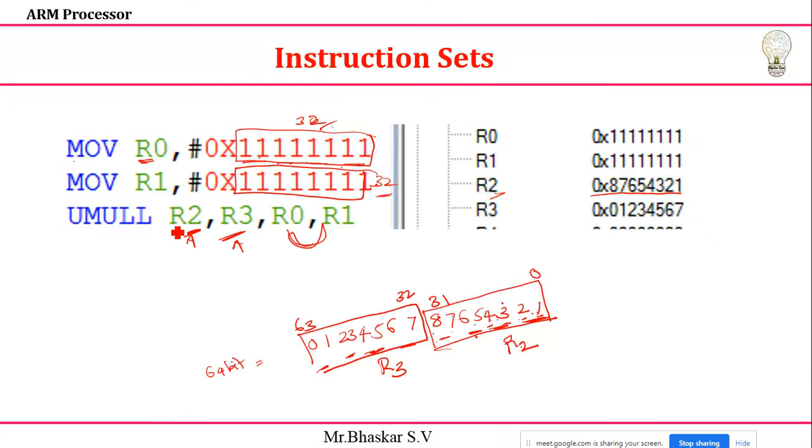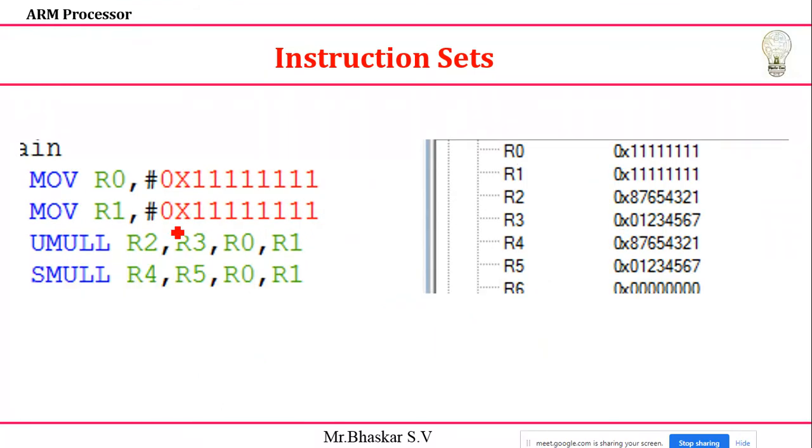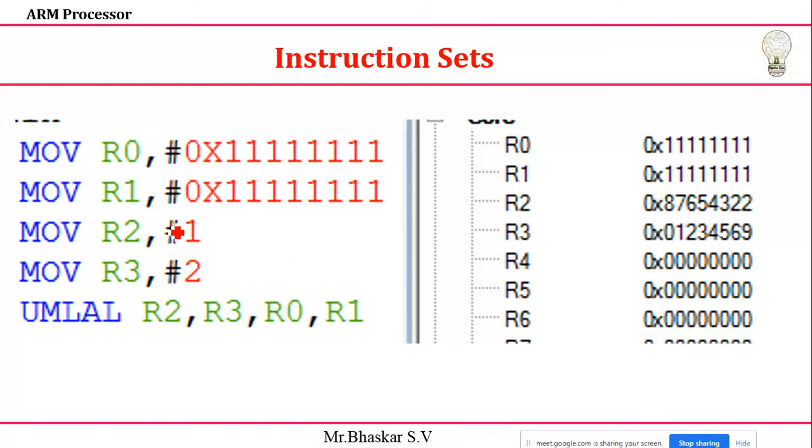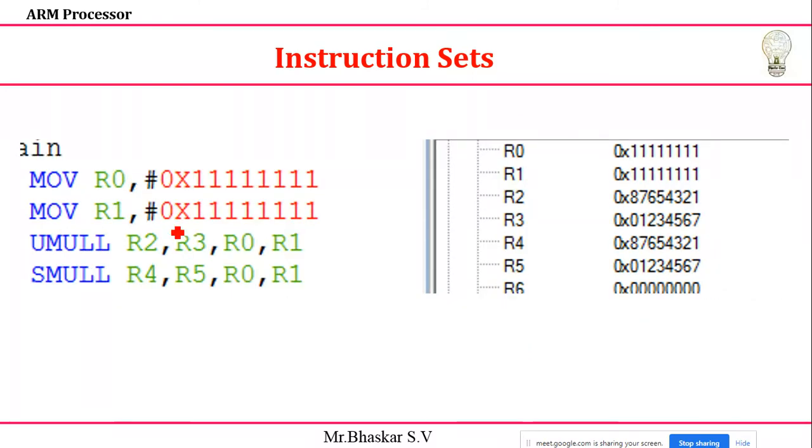Just check out one example, you can easily understand. You can see I'll take two numbers, the same numbers as the previous case. I already found the values after multiplication of 1 1 1 and this 1 1 1. I'm getting the result 8 7 6 5 4 3 2 and 0 1 2 3 4 5 6 7. So R2 here acts as my LSB complete word, R3 acts as my MSB.